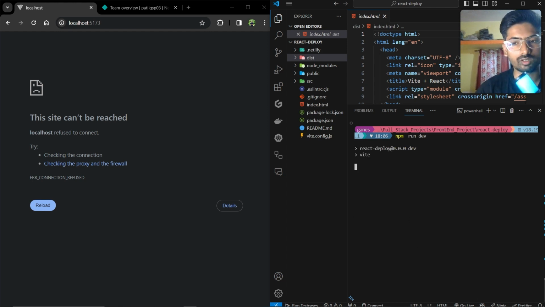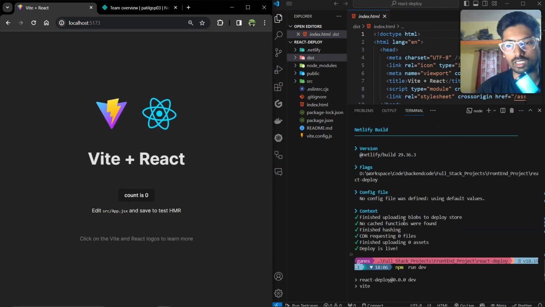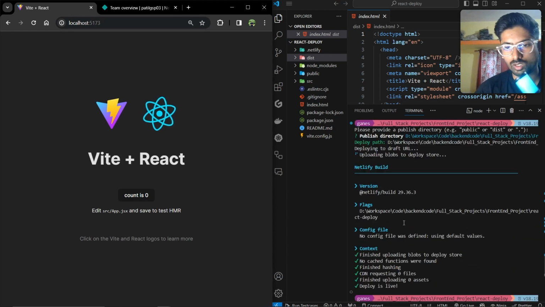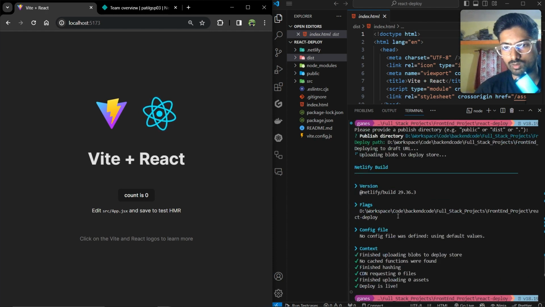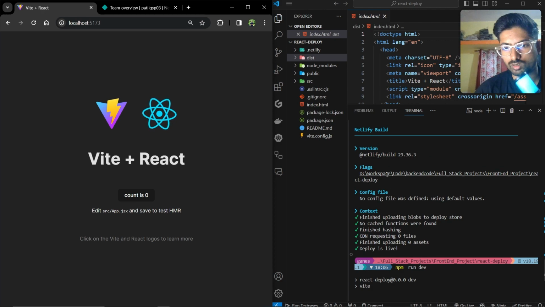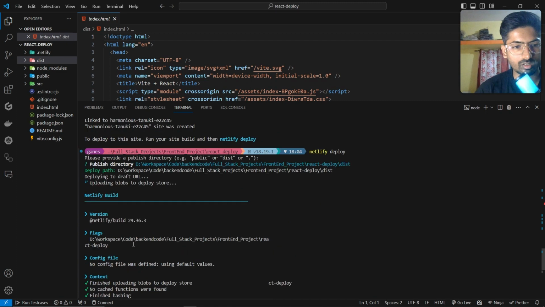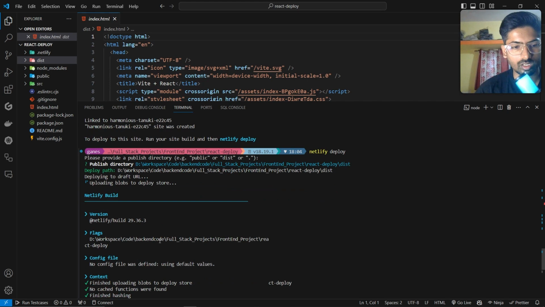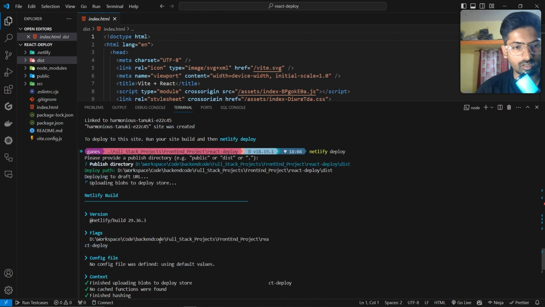It will create a development server. Once it's created, okay, it's created a development server, and right now deploy Netlify deploy. If everything looks good, where is the link of the URL? Uploading blobs to the store,